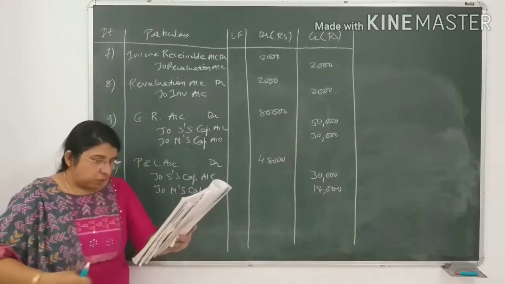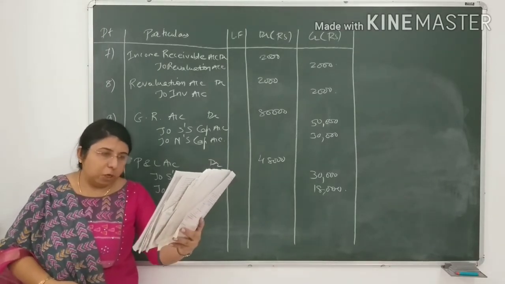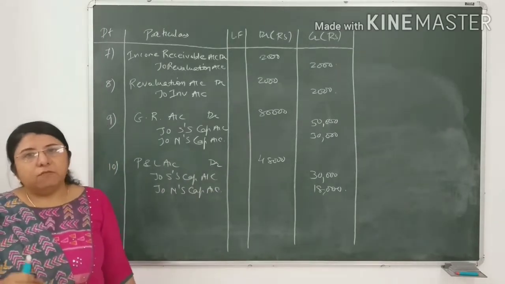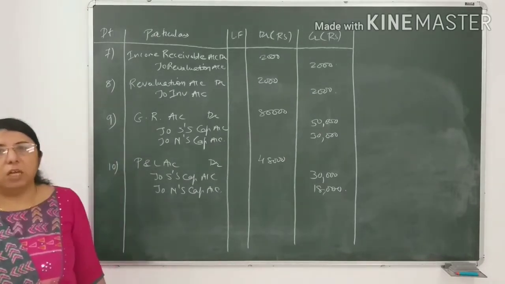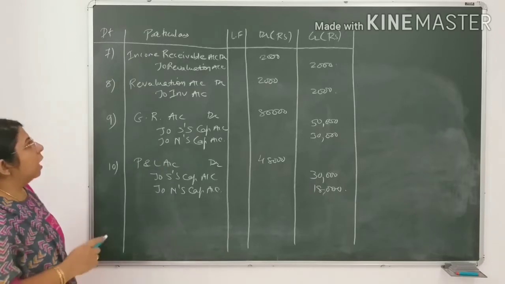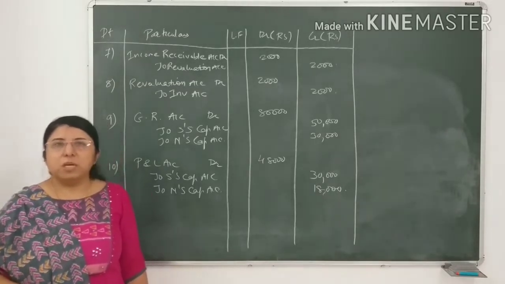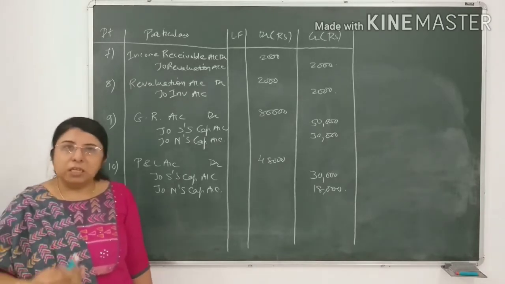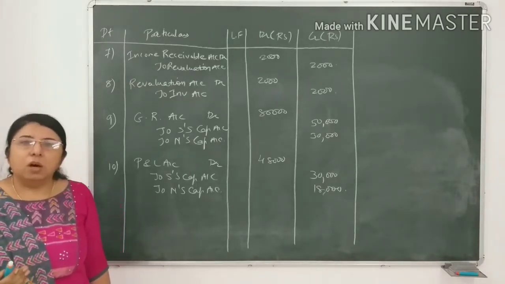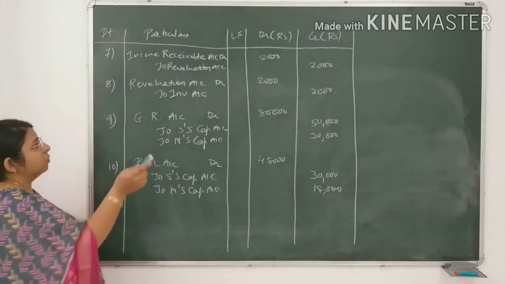Now the last adjustment you can see, that is investment is to be shown at its market value. You can see in the balance sheet that investment is shown at rupees 20,000 and in bracket it is given market value rupees 18,000. Now in the new balance sheet after revaluation you have to show the value of investment at rupees 18,000. So decrease in the value of investment by rupees 2,000. Due to decrease in asset, loss will occur to the firm. If it is loss, then revaluation account will always be debited.